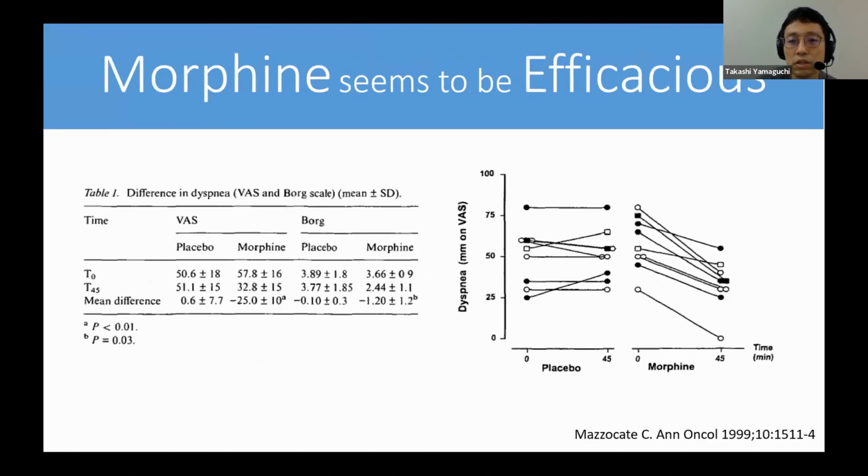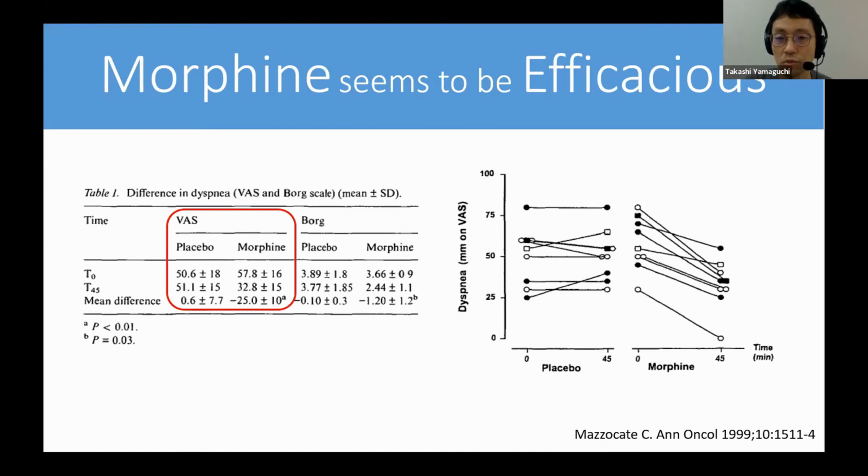So this is the study that evaluated 5 milligram subcutaneous morphine and placebo. And this is a crossover RCT. And at baseline, in both groups, the dyspnea VAS score was about 50. So in placebo, 50.6, and in the morphine group, 57.8. And after 45 minutes,